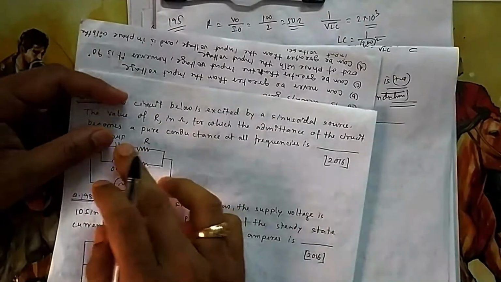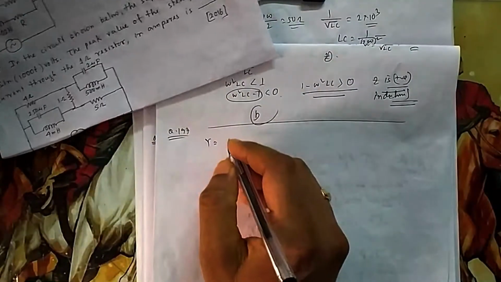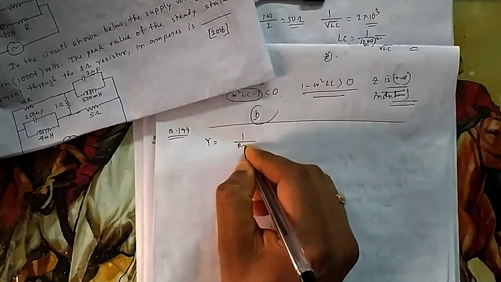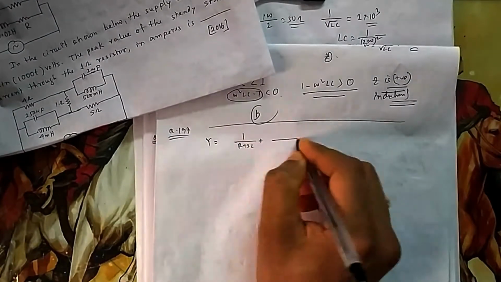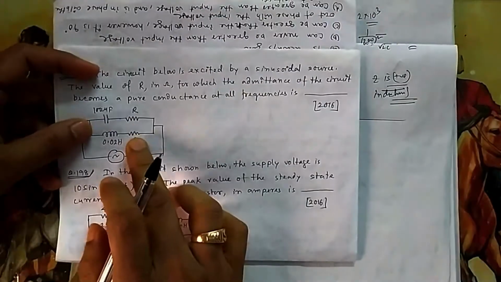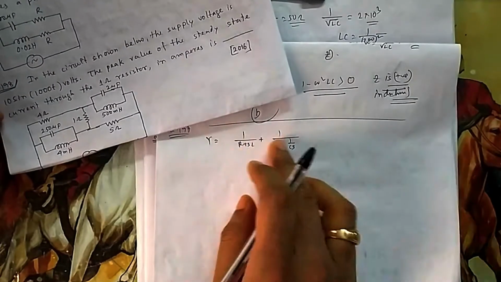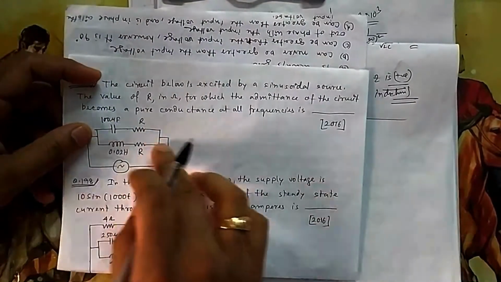If it is impedance, then it is resistive. Because of the parallel circuit, we can go with admittance, as they are saying admittance. So what will be the admittance? Let me write it in the S domain, then I will put j omega in place of S, because writing every time in j omega will make it clumsy. So let me write it in this way: R plus Ls and R plus 1 by Cs. These two are in parallel, so in admittance, they are added.